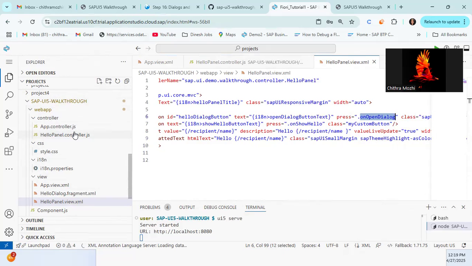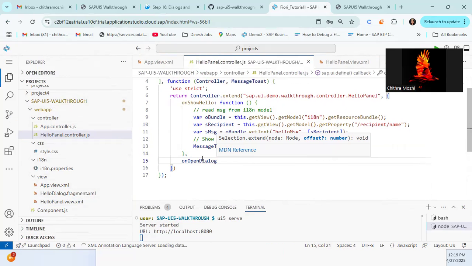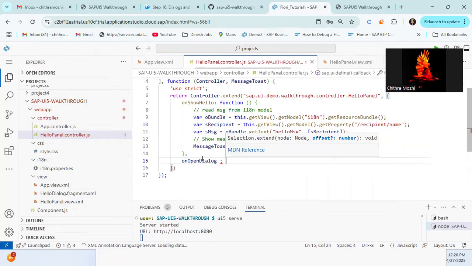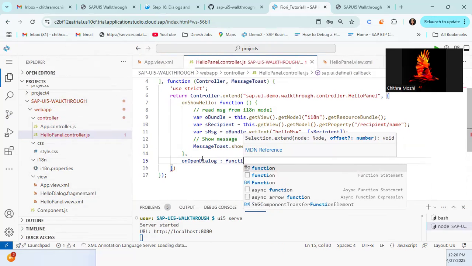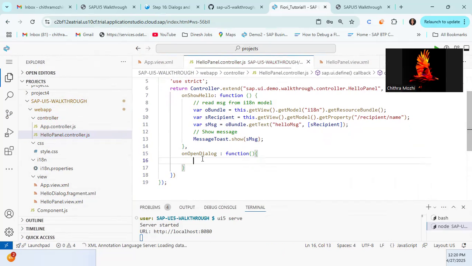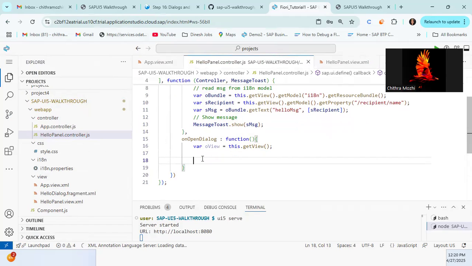Okay, we'll start writing the controller code for that. Just give a comma and use your function and function call, and within that, create a variable. The variable name will be oView. To get the reference from our view, we write this dot getView. Okay, so we are done with this, and we are going to create the dialog